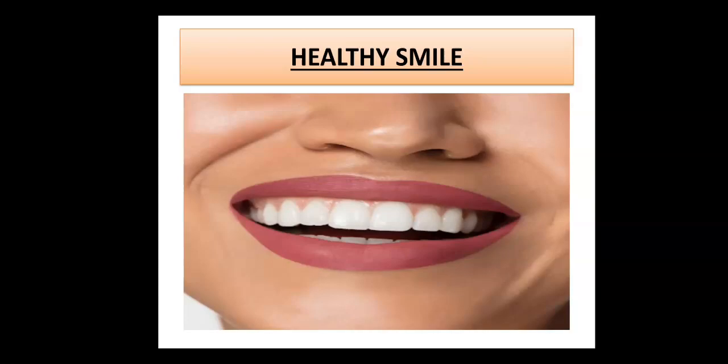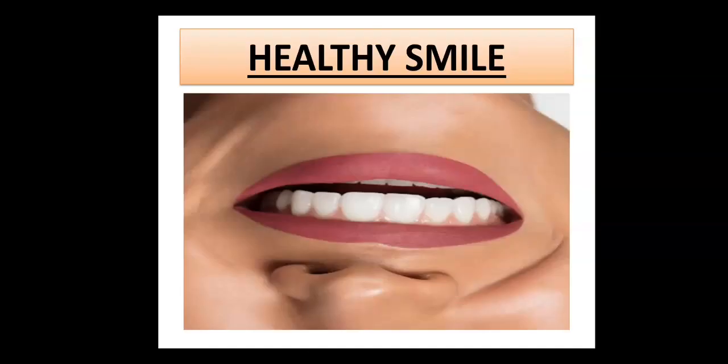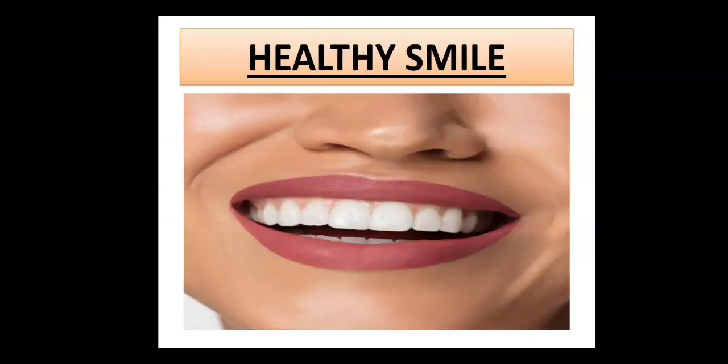Now just see the next one here. What we have to do for a healthy smile. Yes, now what we should do for our healthy smile. To have a good healthy smile, we should have our teeth. Yes, because without it we will not look good. Okay, it is not in that sense. Actually our teeth should be neat and clean. So how can we keep our teeth neat and clean? For that we'll see the next slide here.